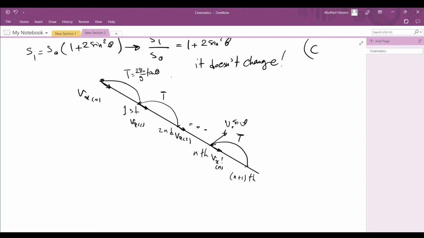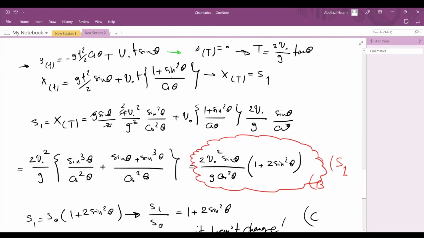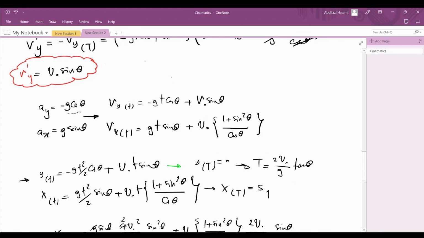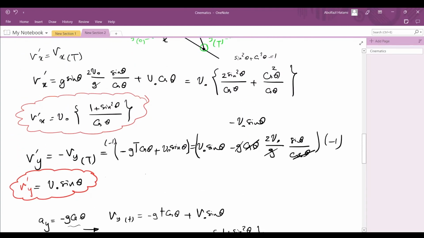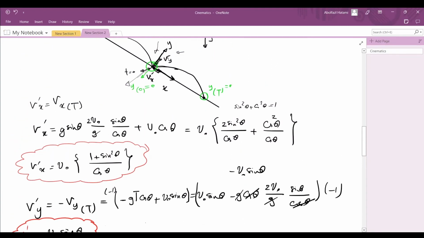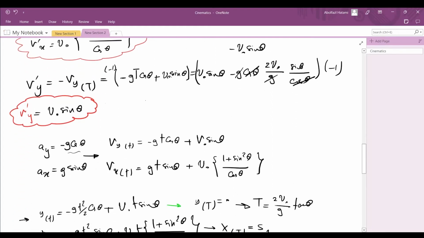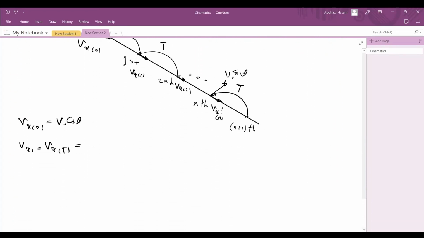So let me write the vx of 0 and vx of 1, vx of 2, and others to find the relation. For the first, vx of 0, what was that? It was just v0 cosine theta. What was vx of 1? It was vx of T, capital T. That was v prime of x, that was v0 times 1 plus sine square of theta divided by cosine theta. Okay,